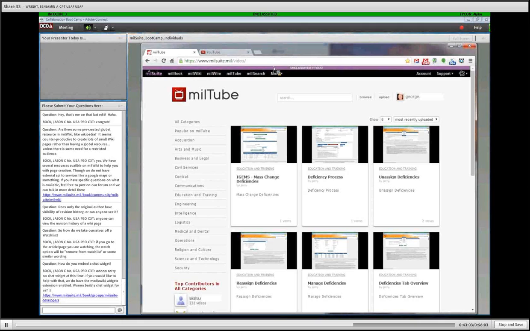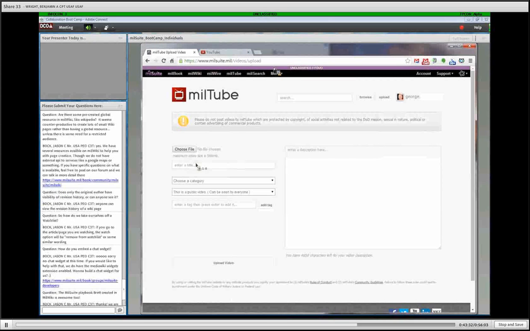Then it's a simple form to go through and upload it. You've got your standard choose a file. You can add a title. Choose the category, and this kind of ties into the categories, the topics on MilWire, for instance. It pulls it all together so that the search function will make it easier for